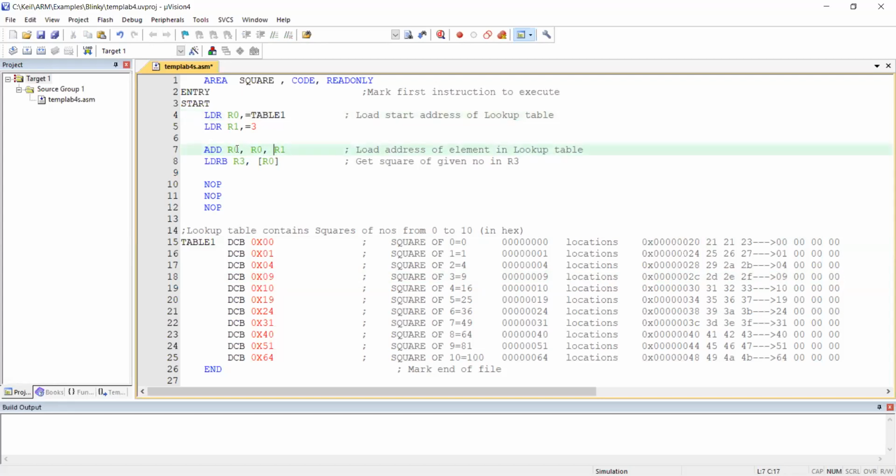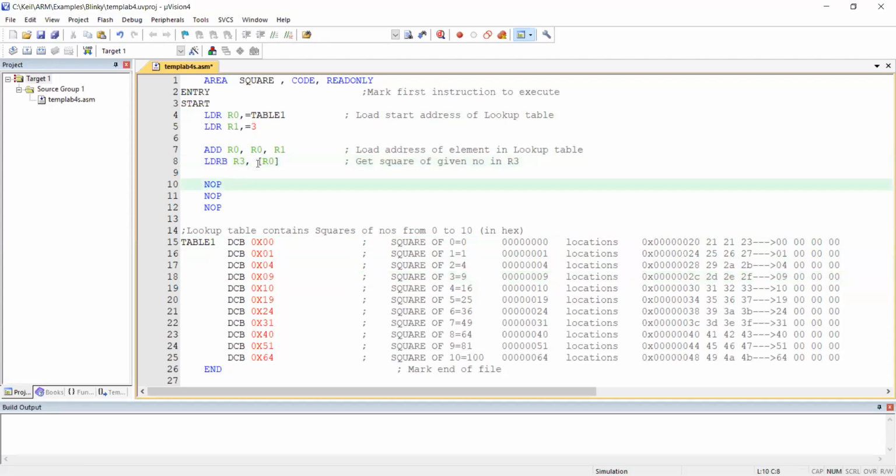Okay, so now what happens? New address is what? Here is the present address plus 1 plus 2 plus 3. So now what is the new pointer? Sorry, new R0 location. My question is, where is R0 pointing now? It will be here at address of 9. Understood? Address of 9.